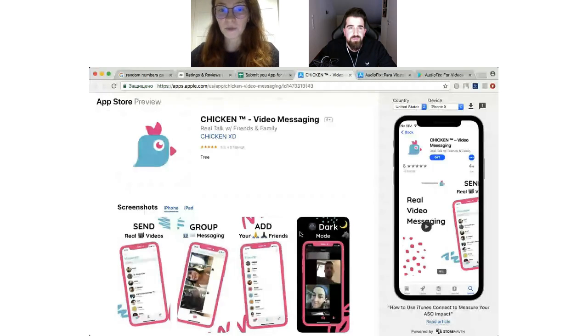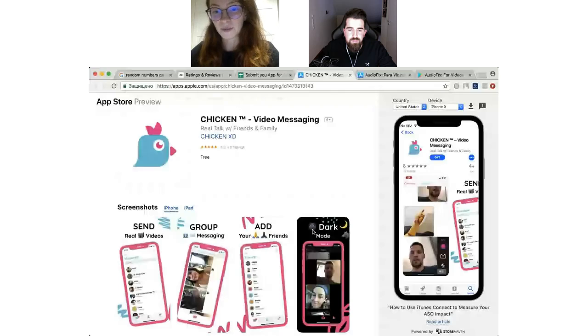Yeah, the screenshots are good, but you need to remember that the App Store has a dark mode, as we can see here, and the white screenshots will be very good in dark mode, but the dark one, I'm not sure if it will be readable. Ah, the fourth one, yeah, sure. Yeah, good point.